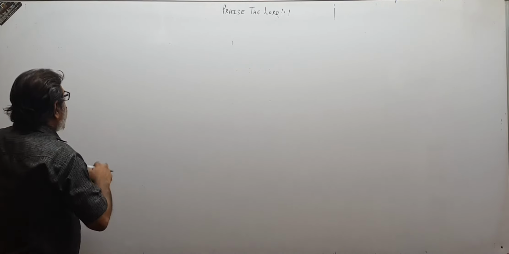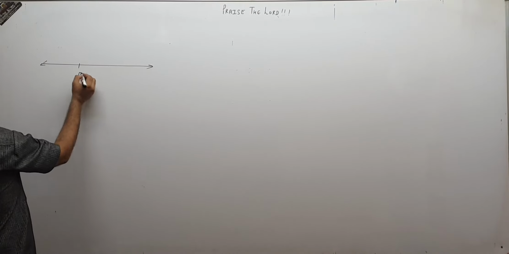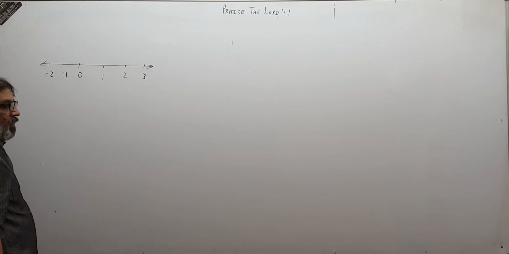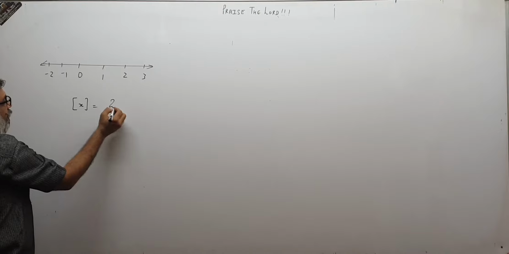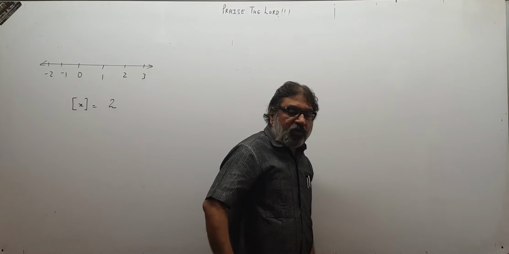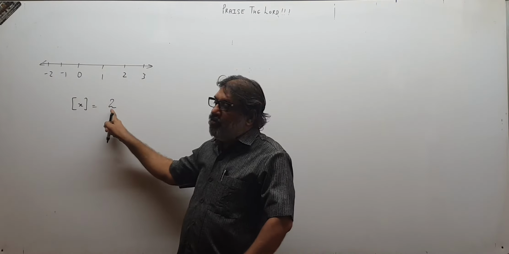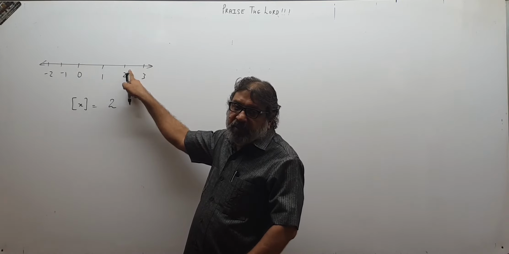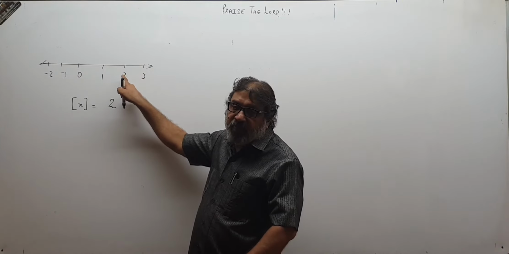So children, please remember few things we need to understand. If there is a number line like this, 0, 1, 2, 3, minus 1 and minus 2. If integer part of any number is, supposing 2, then what can be x? So you have to think what are those numbers whose integer part can be 2? You know 2 has got integer part 2 and all these numbers more than 2 and less than 3, their integer part will be 2 because whatever number I take, I have to move to the left, my answer will be 2.